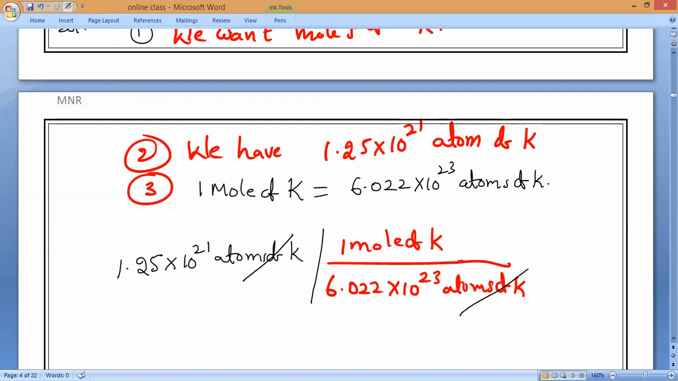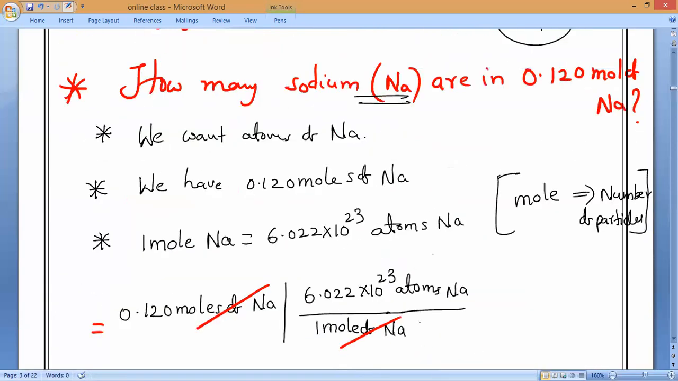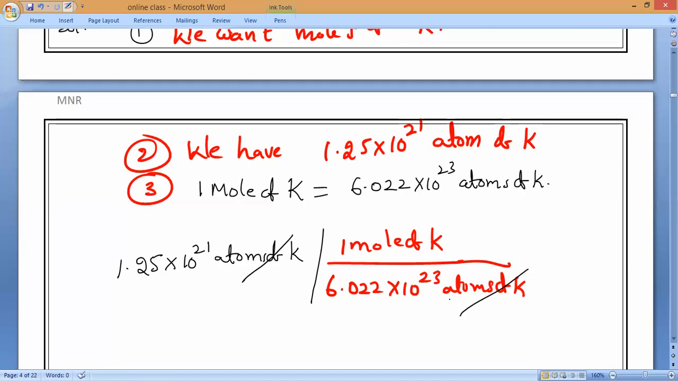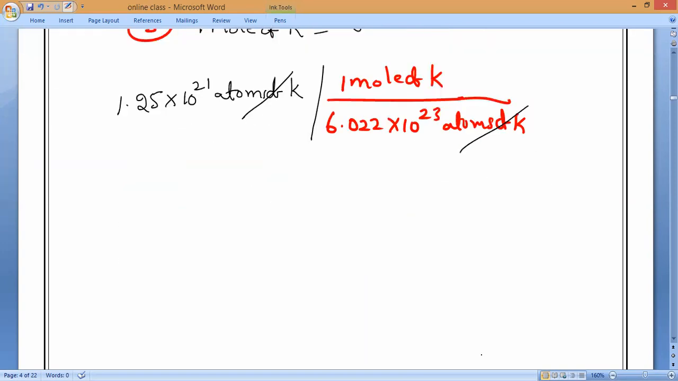When do they cancel? When they are in division only. Same way here, before, moles should get cancelled, that is why I wrote moles down. But now atoms should get cancelled, that is why I am writing atoms down. But the statement is same: 1 mole of any substance contains Avogadro number of particles. So now everything will get cancelled. If you solve, what is